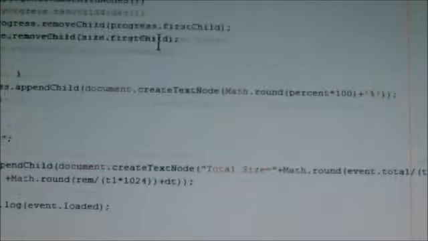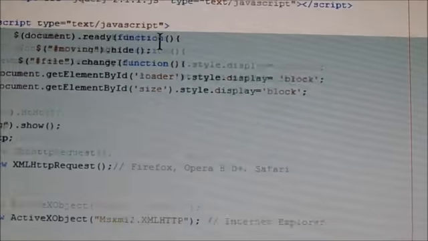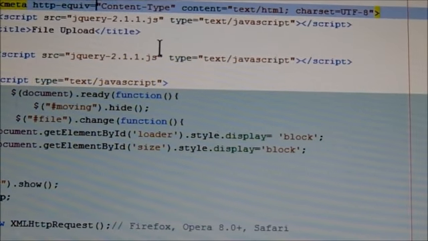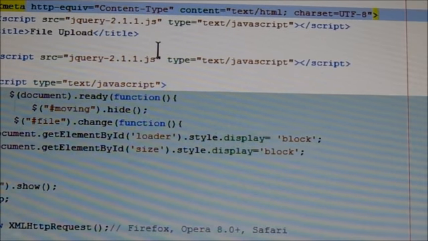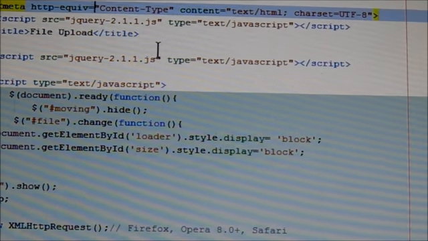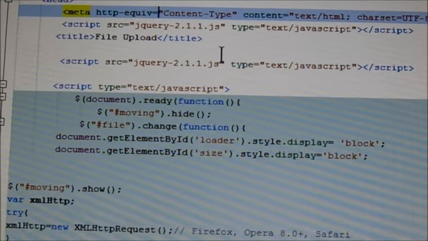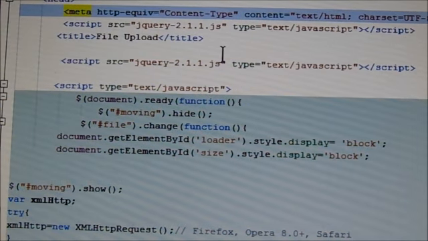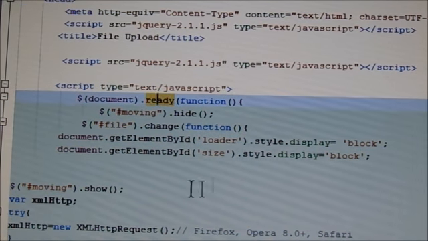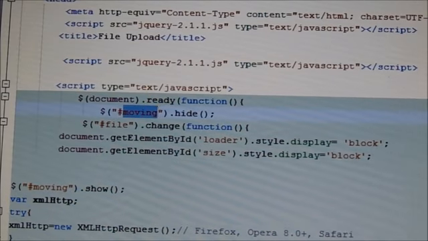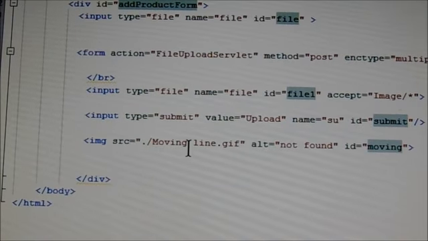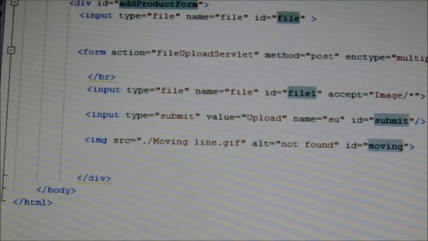First, this is a jQuery document.ready. The document.ready function is called when your document is ready, and moving.hide. The moving is an image with src id equal to moving.